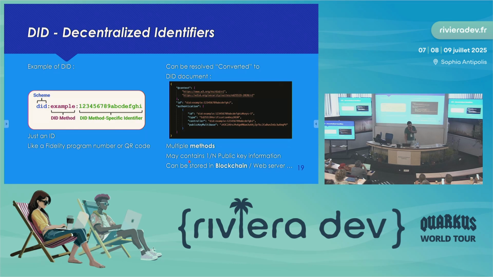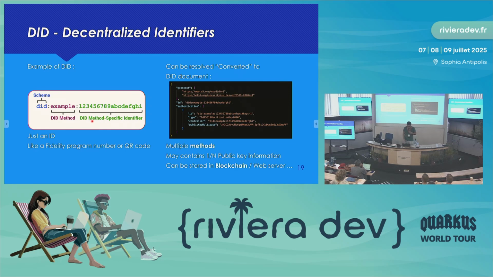Underneath, what is it? It is just a string. It is a string that starts with DID, then the implementation. Here the implementation of DID is called example, and then you have a unique ID for your identity. So if Alice has one, it will be DID, colon, a method name, the implementation of a DID, and then